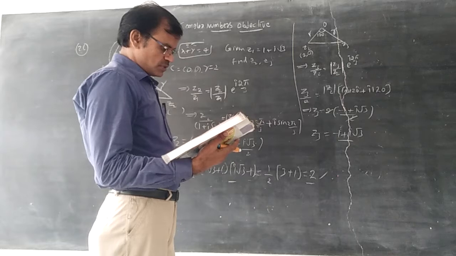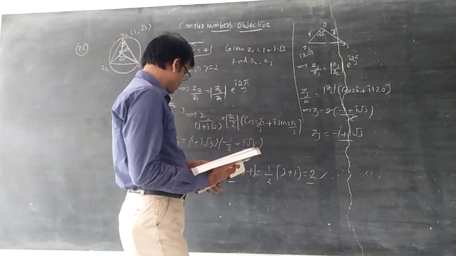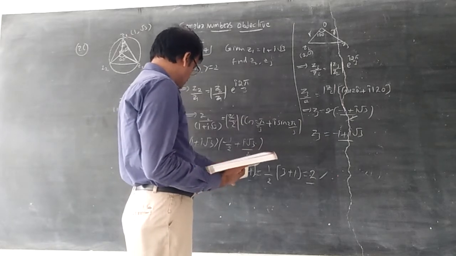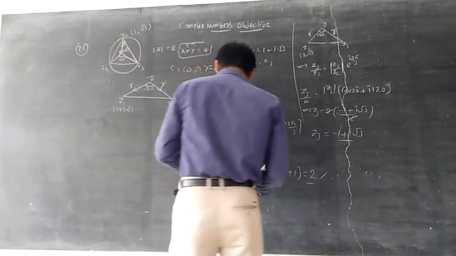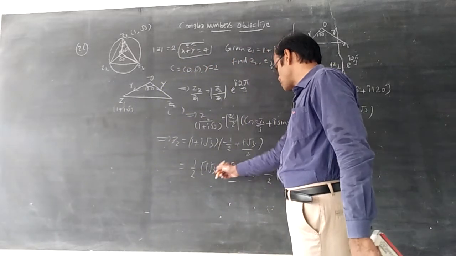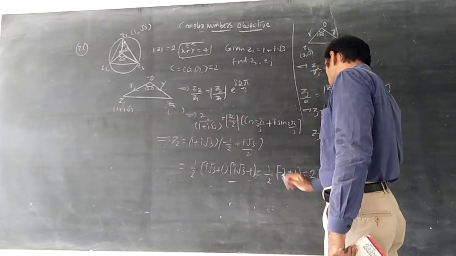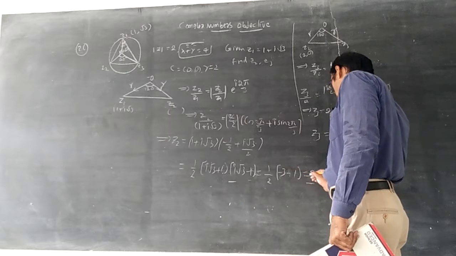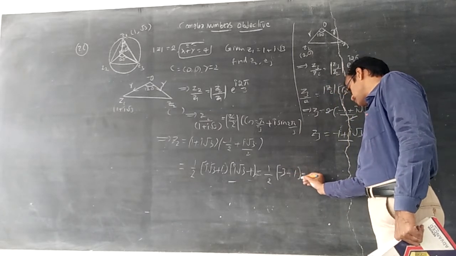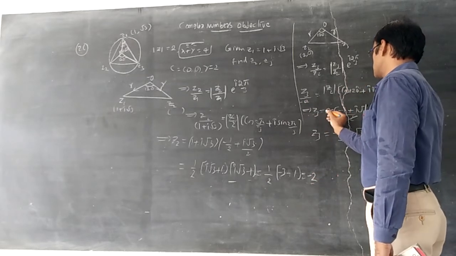So Z2 is equal to minus 2. We got 1 plus i root 3 into minus 1 plus i root 3. 1 plus i root 3 into minus 1 plus i root 3 is correct. So this is a square plus b square. Maybe I said wrong. i square into 3, so minus 3. Minus 1 minus 3, it is minus 2. Correct. This is simply minus 2.